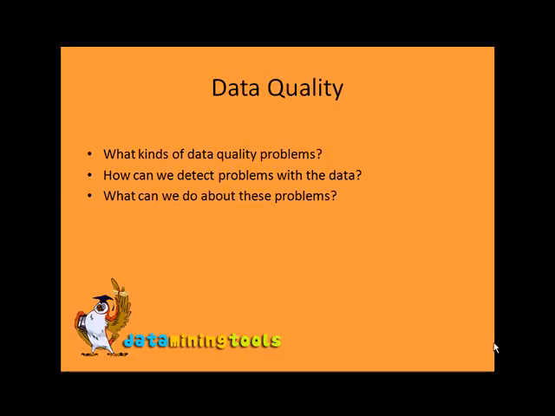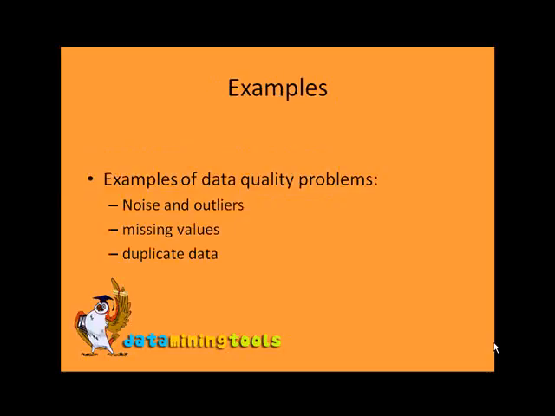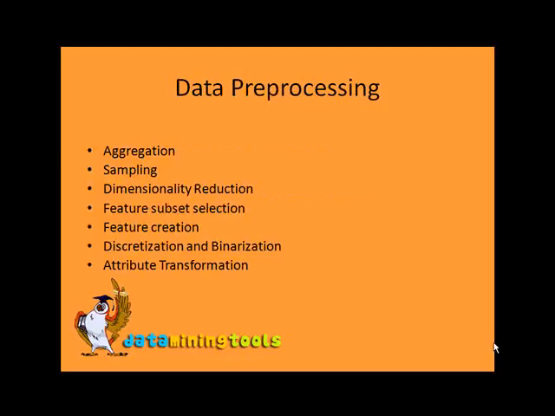Data quality. What kinds of data quality problems might occur? How can we detect problems with the data? What can we do about these problems? Some examples of data quality problems are noise and outliers, duplicate data and missing values. Data processing can be done by aggregation, sampling, dimensionality reduction, feature subset selection, feature creation, discretization and binarization, or attribute